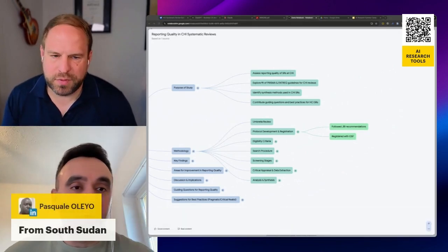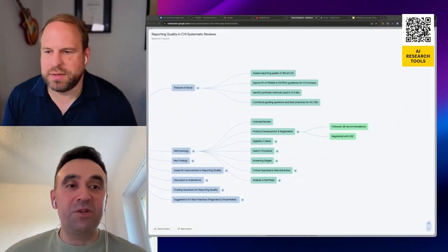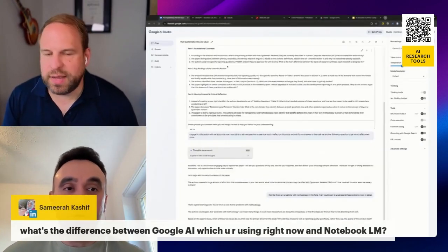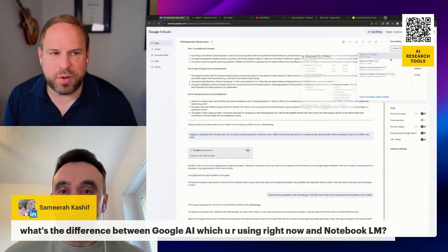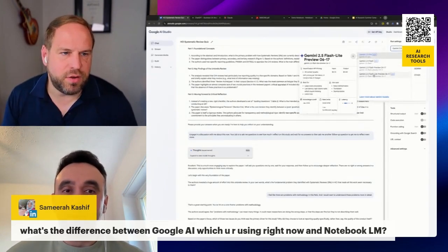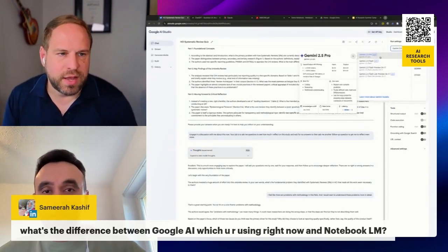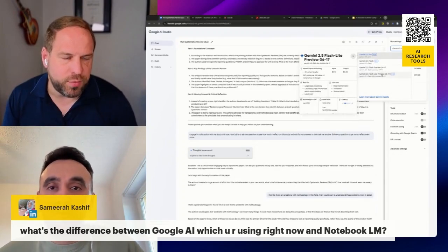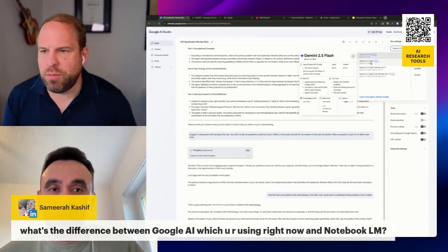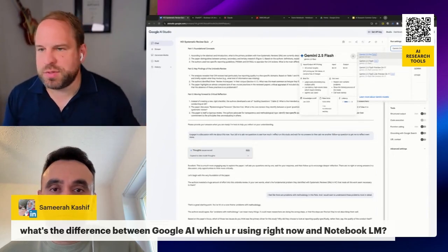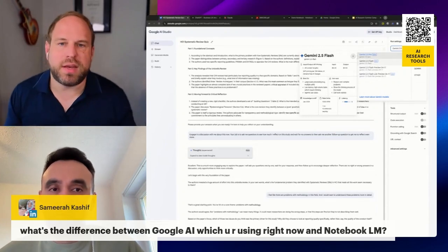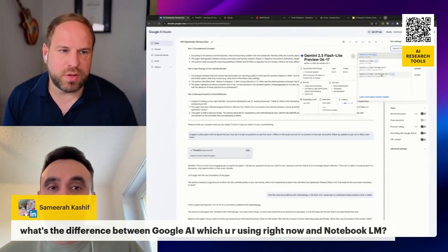And I think we also have one question from Samira asking, what's the difference between Google AI and AI Studio? So AI Studio, we should probably mention for the people that are listening and not looking at it. If you go to that, you can select the different models in there and usually get access to the preview models as well, which is kind of cool. So we get the flash light and the other previews. Right now there are no cool previews, but sometimes Google will release a preview model that might not even be accessible in Gemini. You get it through the AI Studio, and then you can work with that.